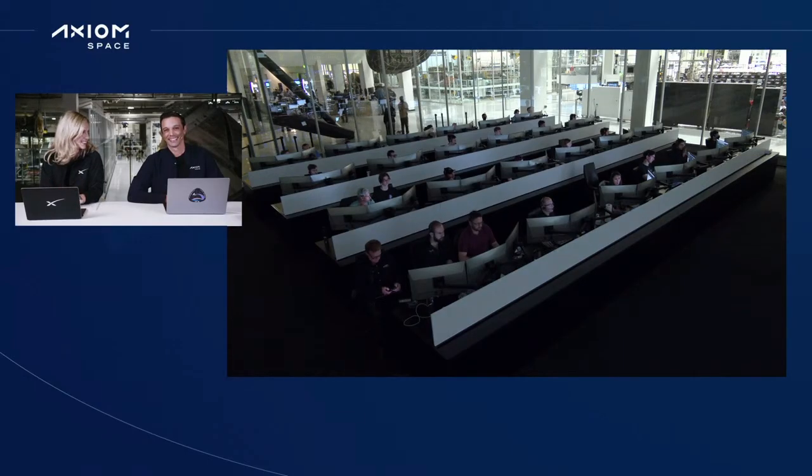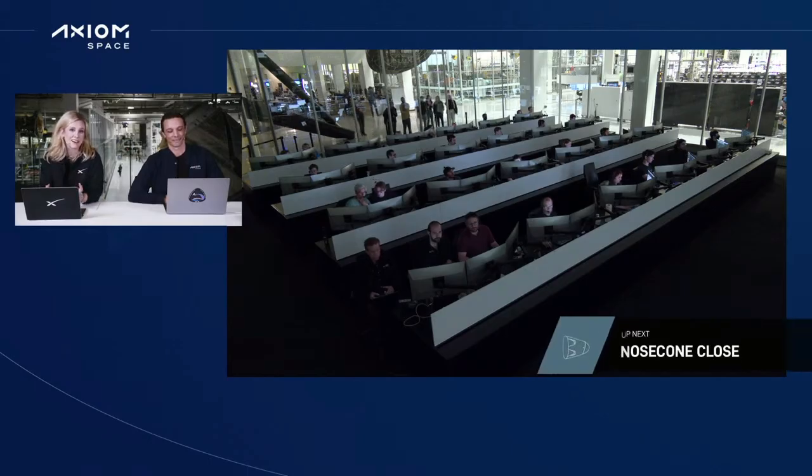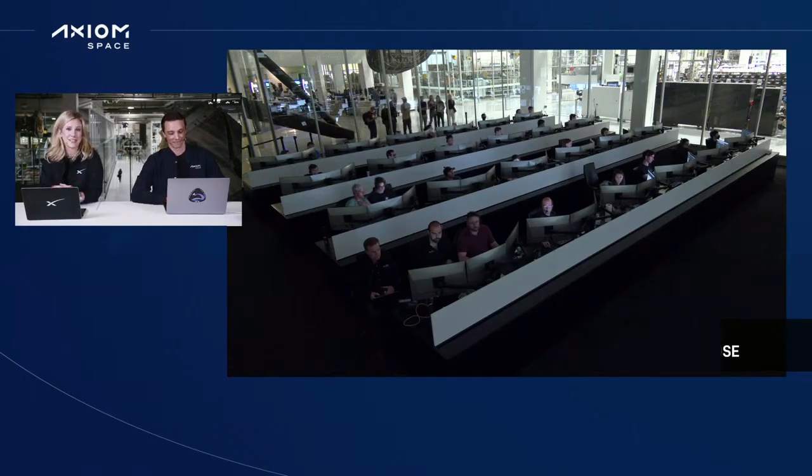Oh, that's great news. We love nominal. So as I was talking about, that nose cone is now going to be shut. In the background, Dragon will also be inhibiting those forward bulkhead Draco thrusters that we just used to complete the deorbit burn. That ensures that it's safe to latch the nose cone shut for reentry. Also, the vehicle has initiated the nitrox suit purge. This will help keep the crew cool and comfortable during reentry, which looks like is coming up in about 25 minutes. At this point, as we just heard, nose cone is closing and protecting that forward hatch